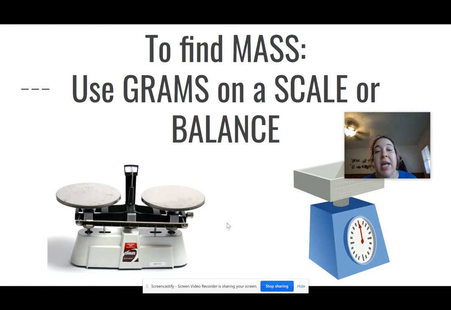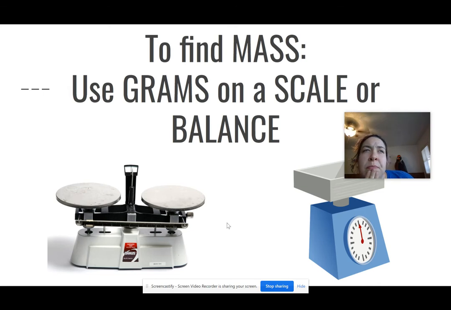Essentially, we'll use that mostly to compare two different objects, but you can use them to find the exact weight. We could find how many grams. I'm going to give you 1 second to think about it. How could we find the weight using a balance? You can pause the video if you're like, I'm going to figure this out before she tells me.